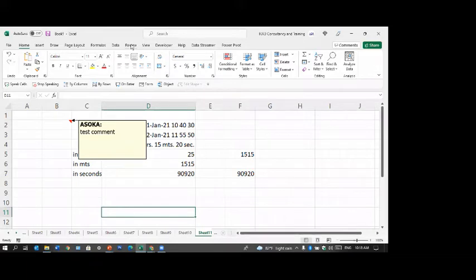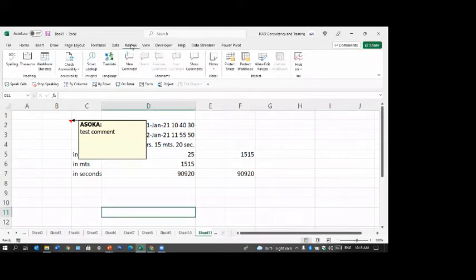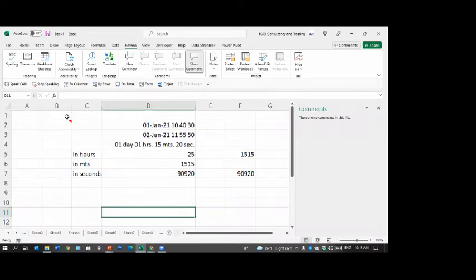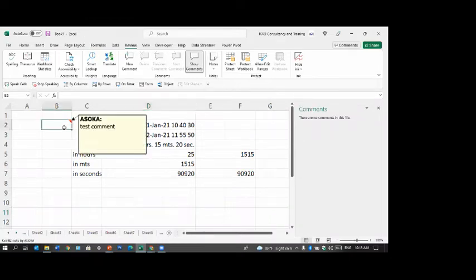So if you go to review, there is a place called show comments. Otherwise it will be just a small tick here. When you go there only you can see it.